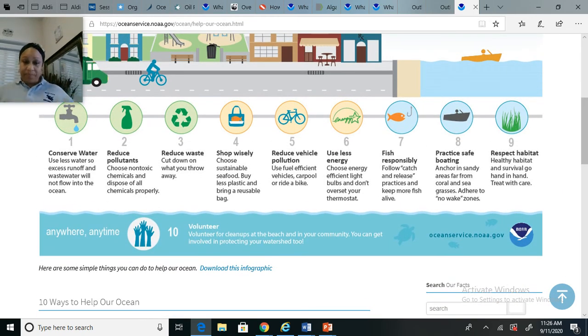anywhere, anytime, try to volunteer. Volunteer for cleanups at the beach. You can go to Galveston, ask your parents, ask friends, a church or a community center. You can always try to volunteer. You can get involved in protecting your watershed too. And the watershed is just those areas where the water pretty much runs. You have runoff kind of run through there as well. So it's all different types of ways that we can do positive things that will help sustain life in the marine ecosystem. Okay,